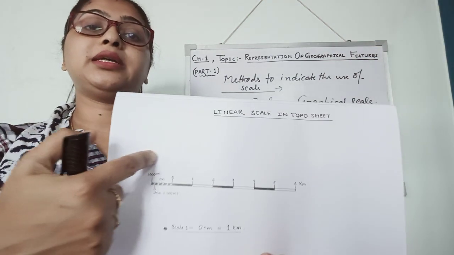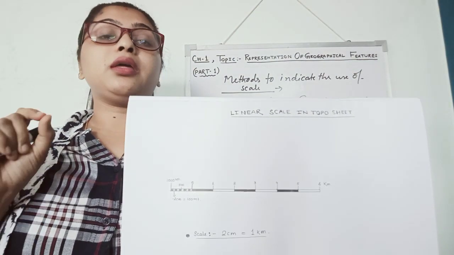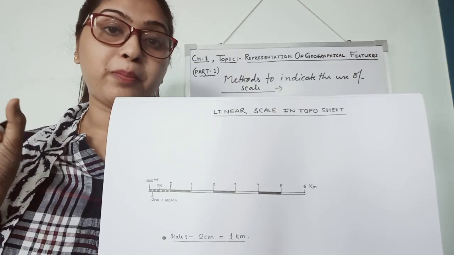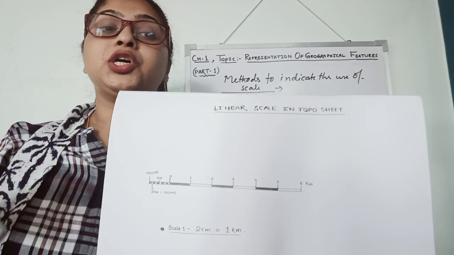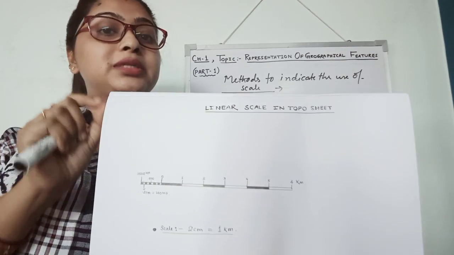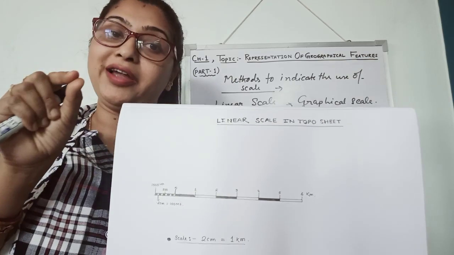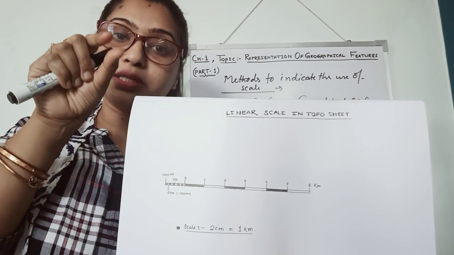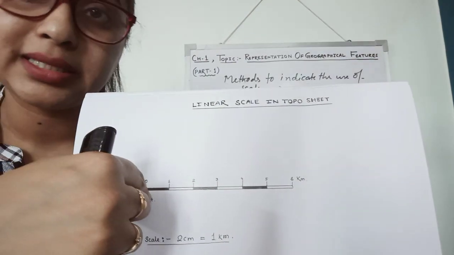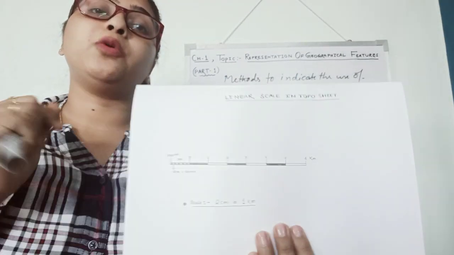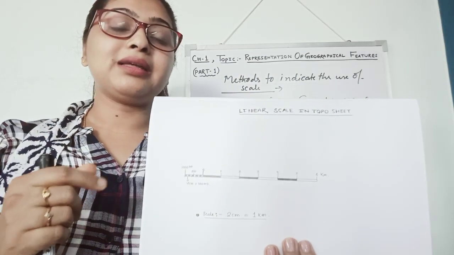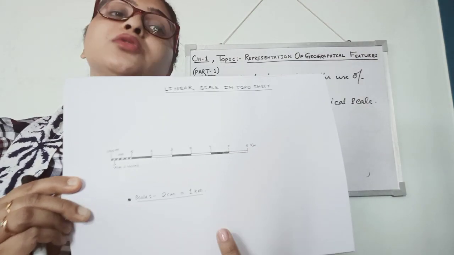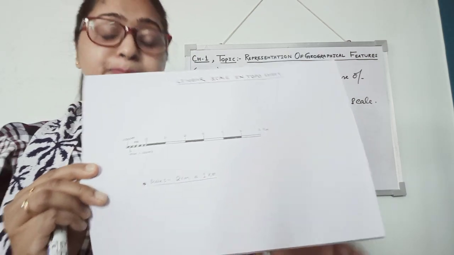So why is this linear scale necessary? Whenever you want to know the proper measurement, how much it is showing on the ground, by the use of the scale you can put your divider on that map, take that part of the area and put it on this linear scale. You can easily get to know how many kilometers it is showing. In your 10th class you will very clearly get to know, because at that time there will be use of this linear scale. Is it clear?